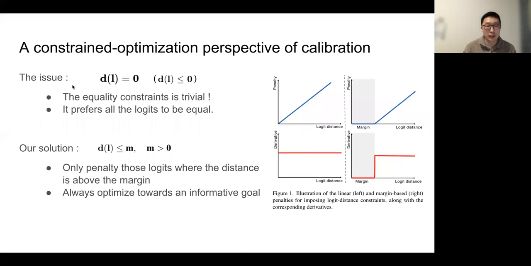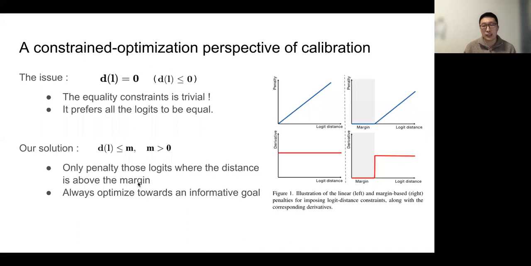We generalize these previous losses with a positive margin M, and here we replace the equality constraint with this inequality one. What we want is that we only need to penalize those logits where the logit distance is above the margin.